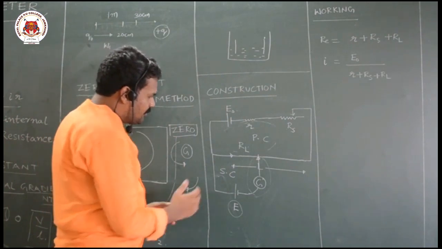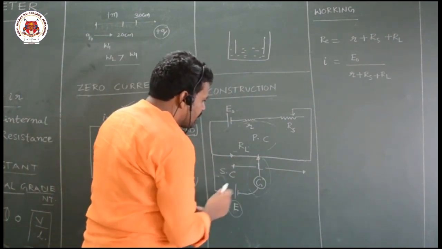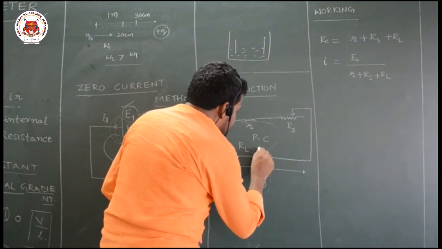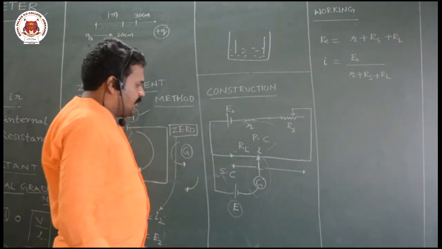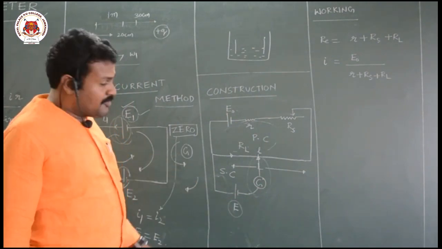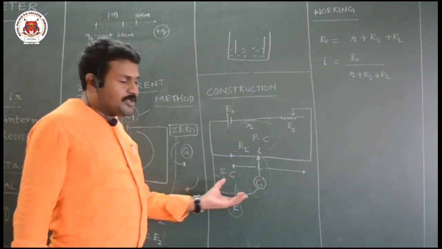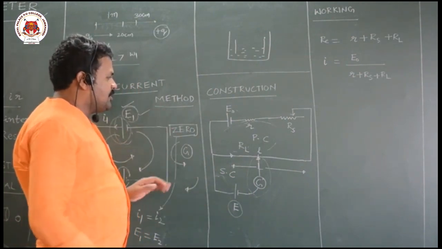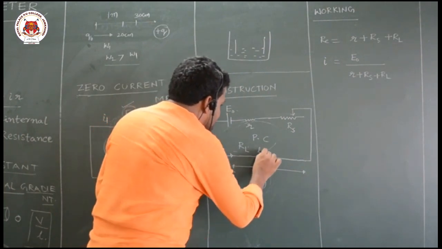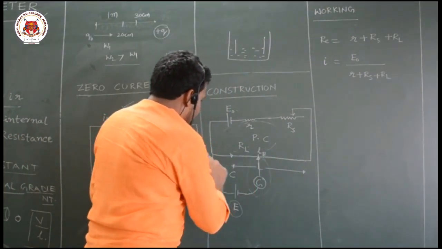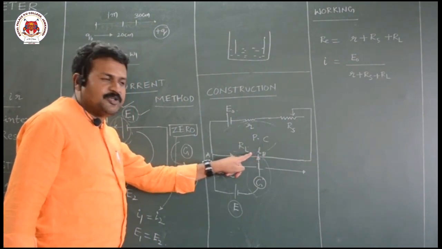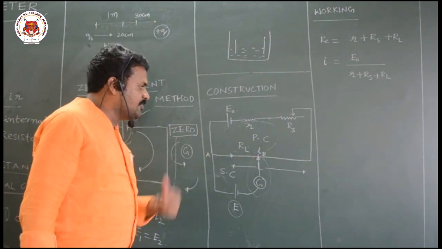Now when you are moving, at a certain point called the balancing length, which is equal to small l, this galvanometer shows zero deflection. Let us take the galvanometer as showing zero deflection from point A to point B. Point B is the balancing point. So AB is the length of this wire.